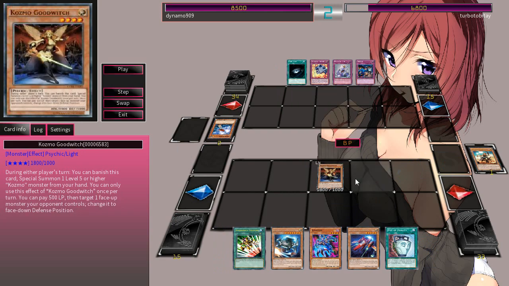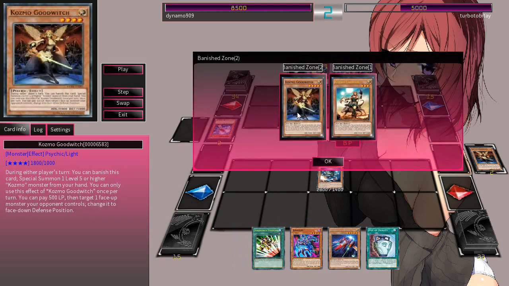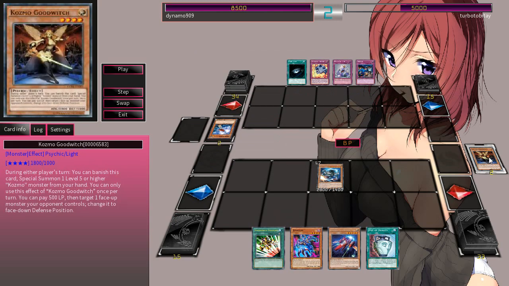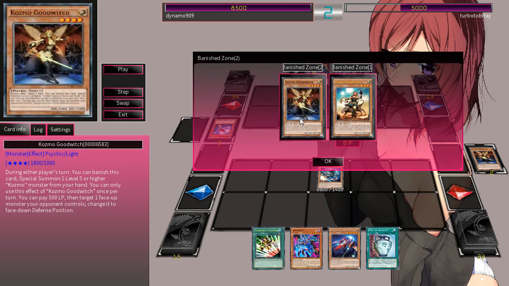So anyways, he's going to go ahead and bust out Goodwitch. Goodwitch will then be able to actually attack, and then depending on what your hand is, you don't have to add Goodwitch if you happen to have Goodwitch. You can just go ahead and add whatever else, just add another Kozmo card that's relatively strong, because this one is a level 5 or higher, and this one is going to be level 4 or higher, so this one can...